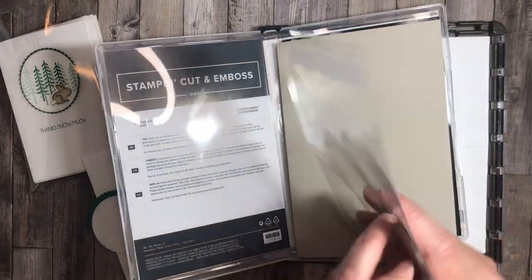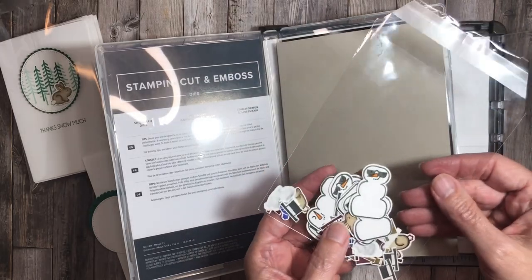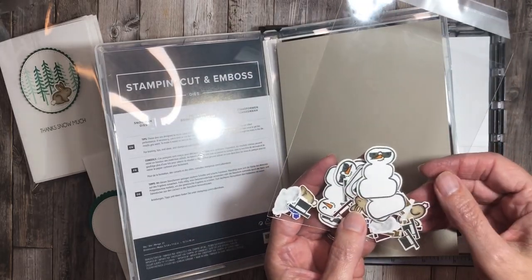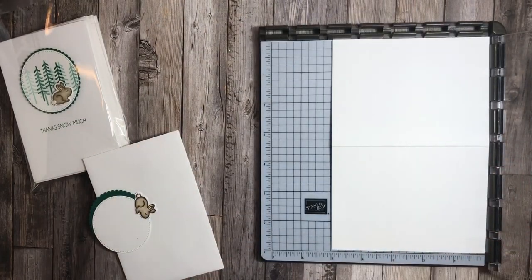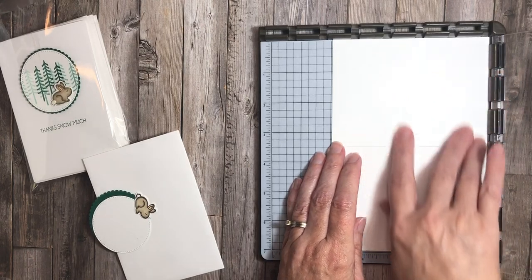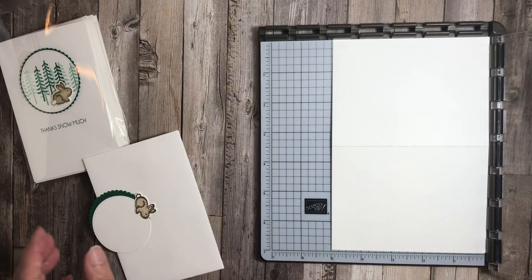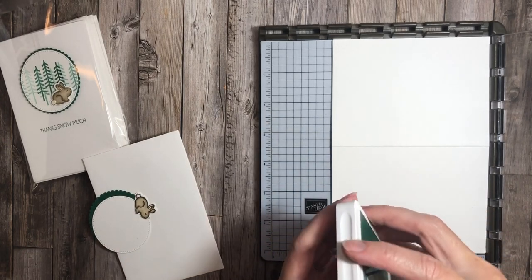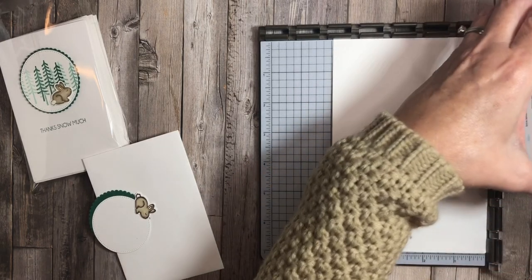I also spent a little bit of time and stamped and colored and cut. You can see I've got some more bunnies in there, and that's what I used when I put together these note cards. So I have my note card in my Stamparatus here, and I'm going to stamp with, if I can find it, my shaded spruce ink. I wanted to add a bit of color to this card, very simple card,